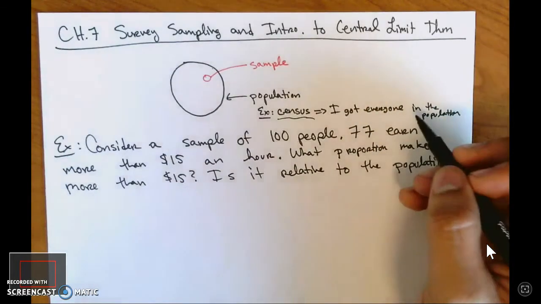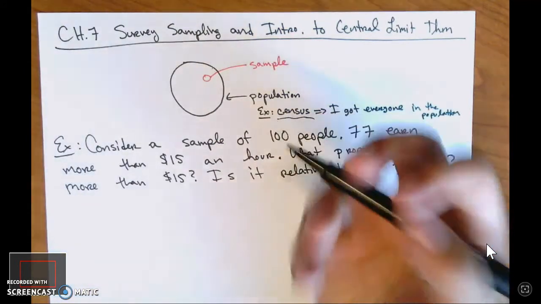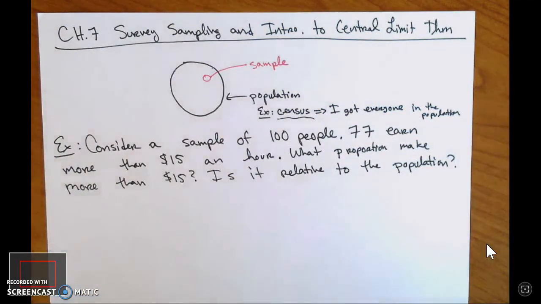I can't possibly get everyone, so I'm going to take a small sample to get a taste of what the population is going to be. So we talked about sampling methods, how we can sample and how we can't sample. So we're going to talk about some other things. So population itself